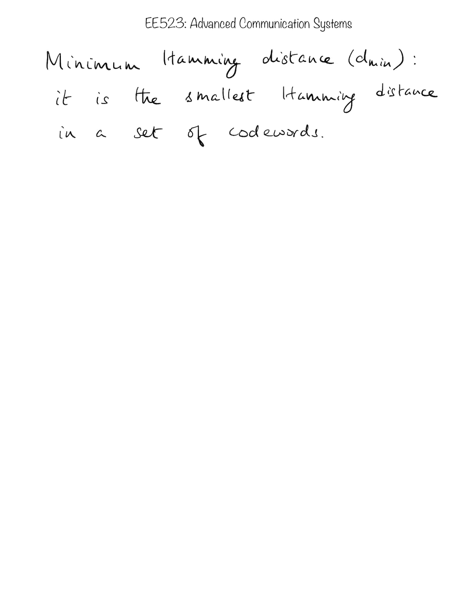Okay, and the minimum Hamming distance determines how many errors a particular coding scheme can detect and correct. Okay, so if we know the minimum Hamming distance d min, then we can determine what is the maximum number of errors that this particular coding scheme can detect, and what is the maximum number of errors that this coding scheme can correct. So the maximum number of errors that can be detected,